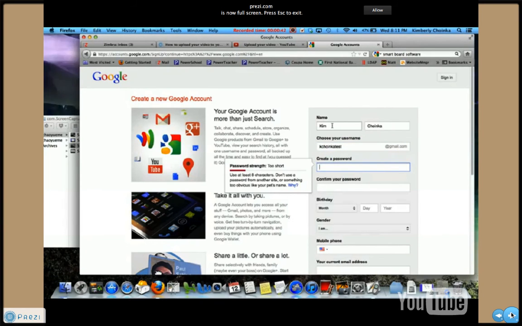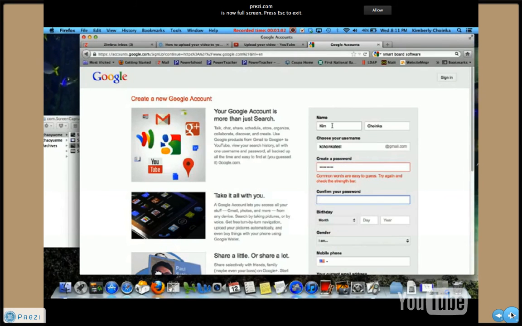Once you've created this Google account, there's several things in Google that you can use. You can create documents, you can create spreadsheets. There's endless possibilities with a Google account for education. You can, as you're going to see, upload videos. You can